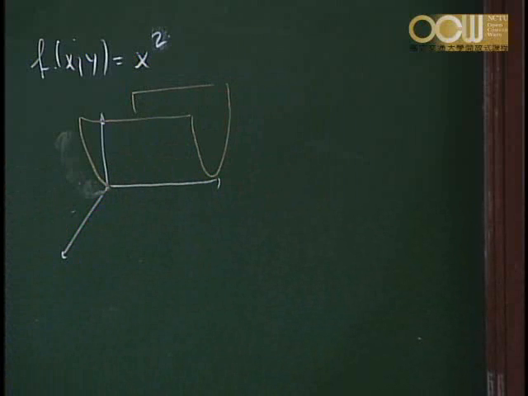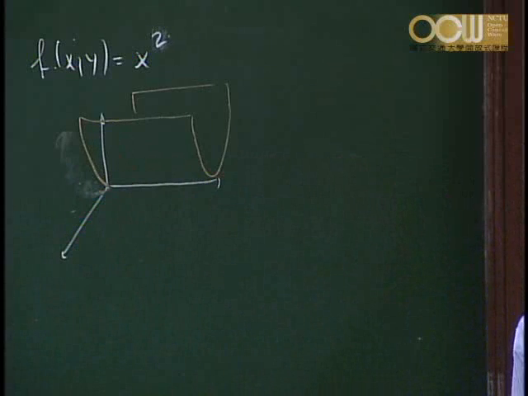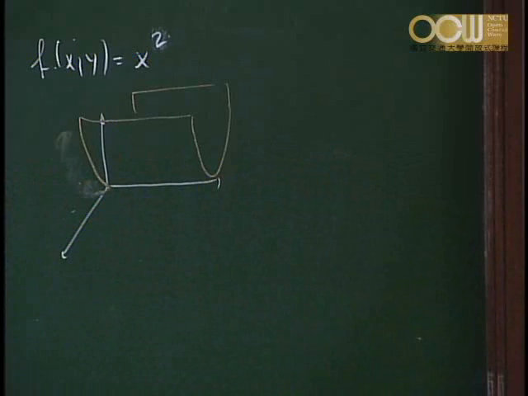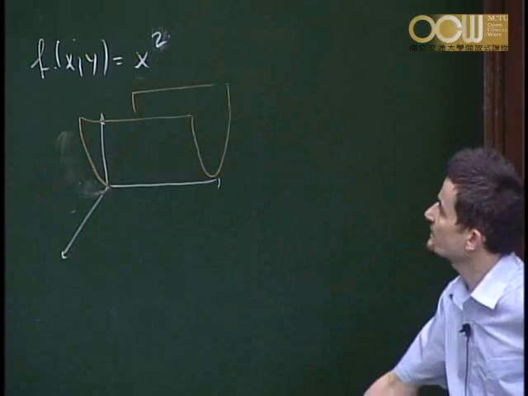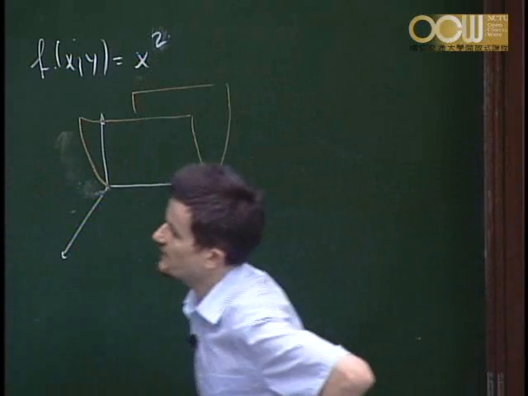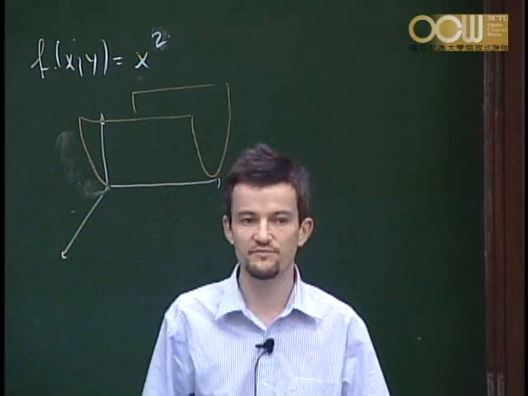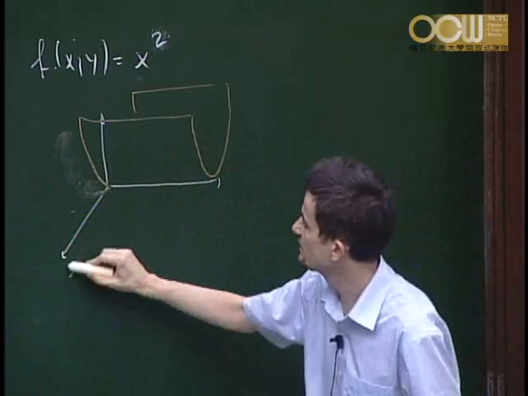Now, you see, for instance, easily that there are many critical points here, because the partial derivatives always exist. The partial derivative with respect to x is 2x. You equate it to 0, it gives you x is equal to 0, but the partial derivative with respect to y is equal to 0, so y is arbitrary. Okay, so you have many critical points here. All the critical points here in this case are